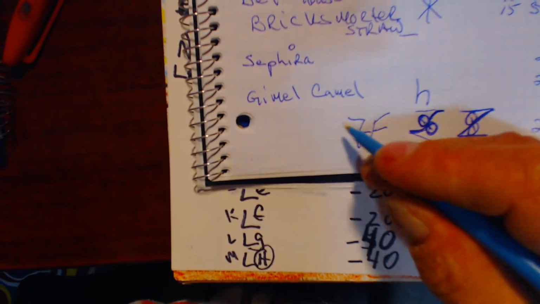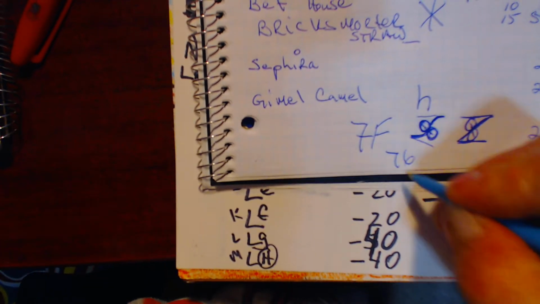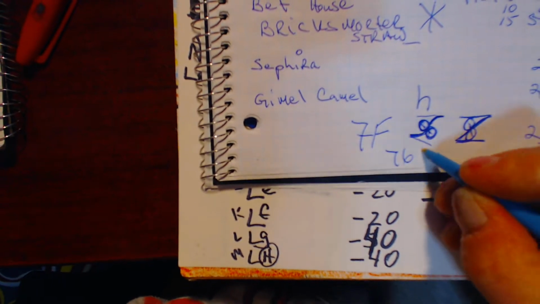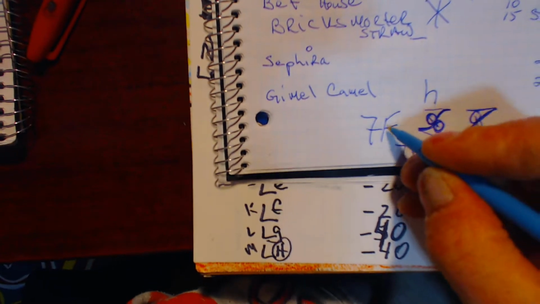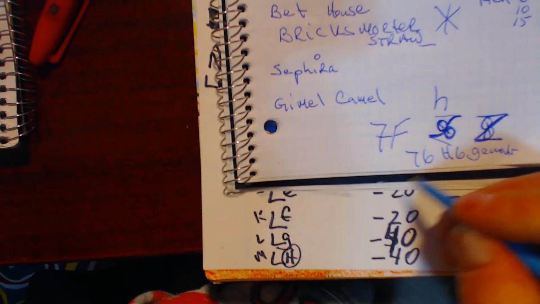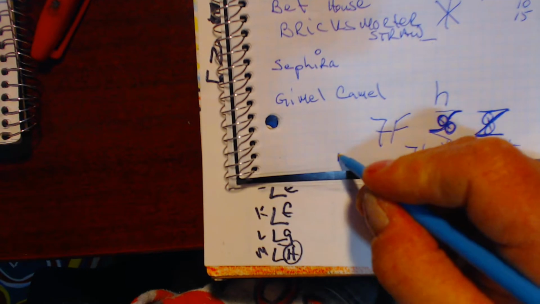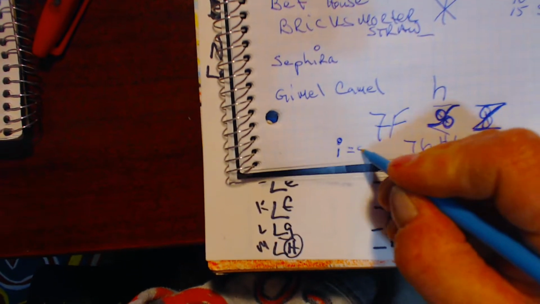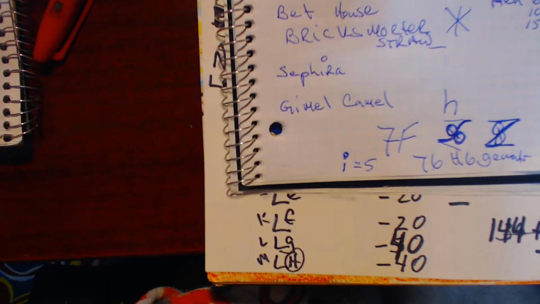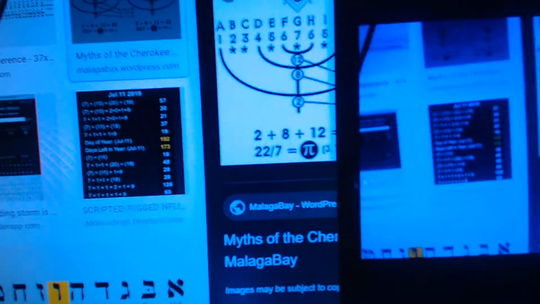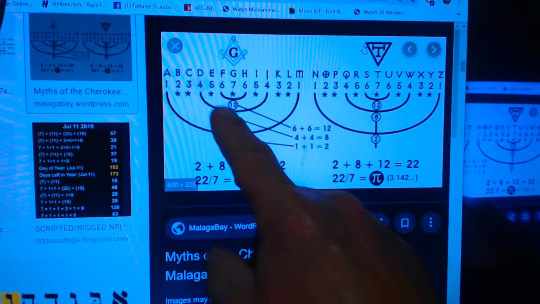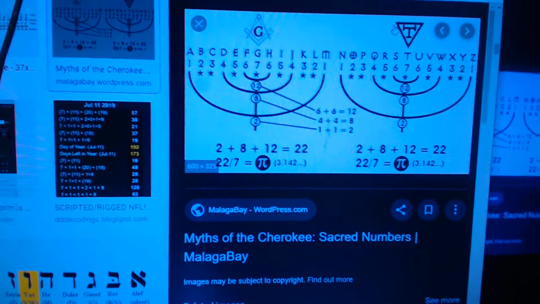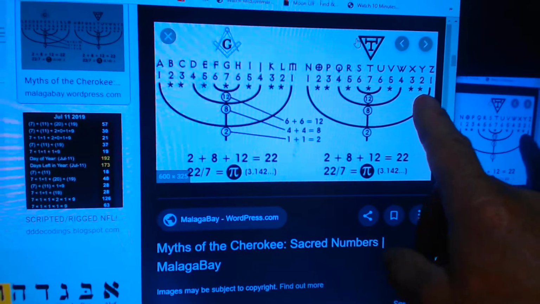Now you have the 7 and the F, or the 7th and the 6th letter. The H is also number 6 in gematria. You also have the I in there, which is number 9, okay, and the I equals 5 in gematria. Let me show you. Finally, I found it right here. Whoop. I found it right here. See, it comes to G, and then it splits with the candle, right? I did it another way. I did it walking, and then you go over here and do it that way.